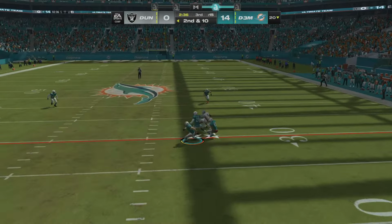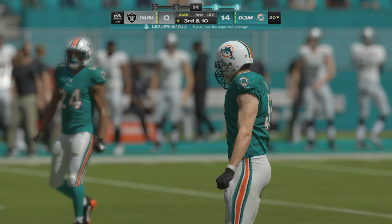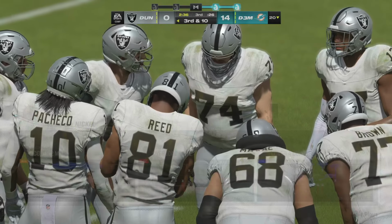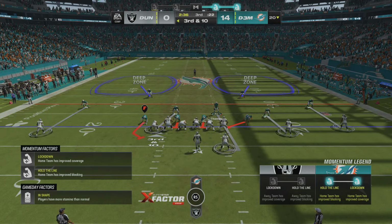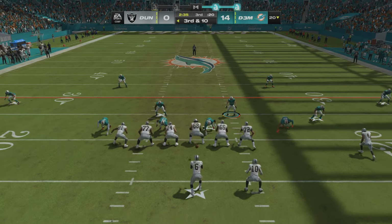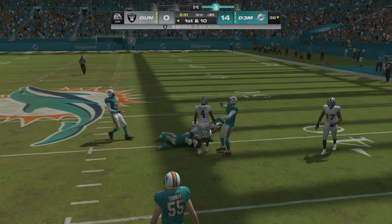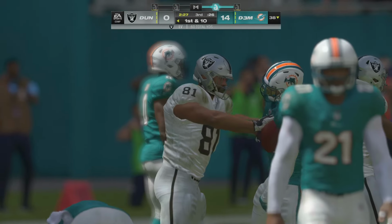Mayfield. His throw here is incomplete. So another incompletion there. He's hitting on fewer than half his pass attempts in this one, and that is not a winning formula. Yes, let's make sure we give a little bit of credit to the defense here. They're giving him a lot to think about, a lot of different looks, and he seems a little bit confused trying to complete passes. And he is going to have the Raiders first down as they're able to get the